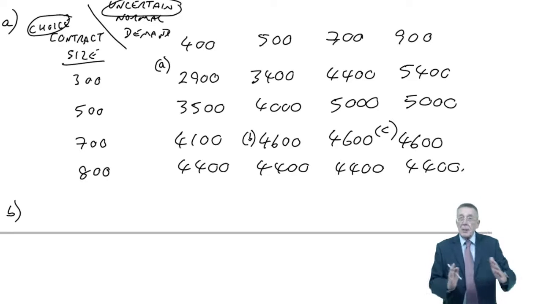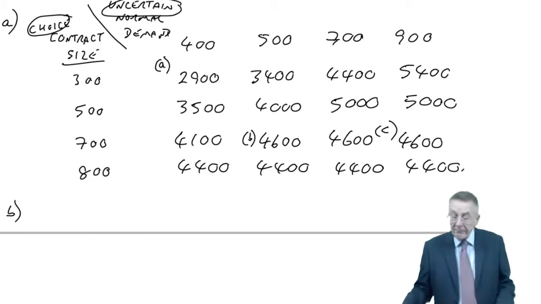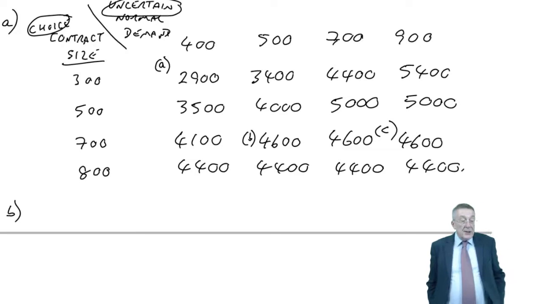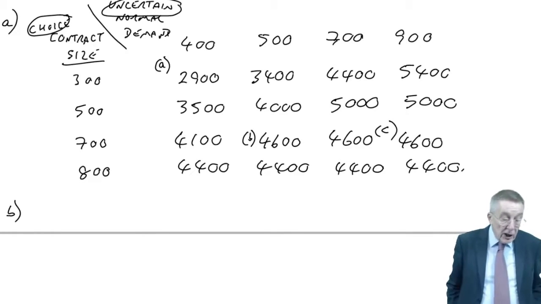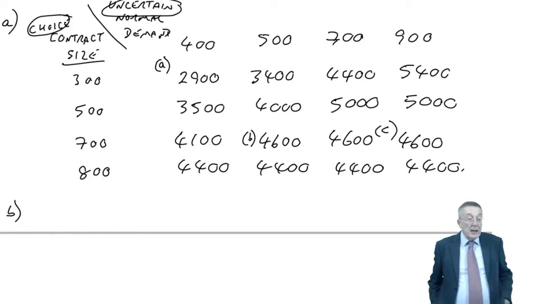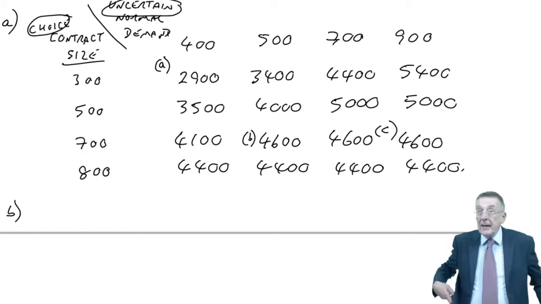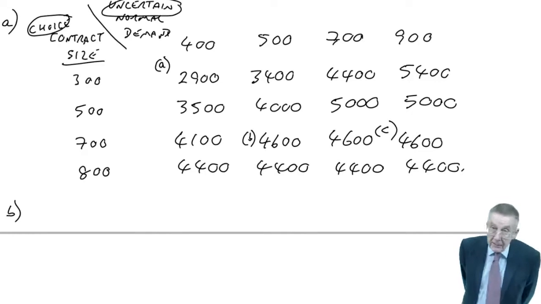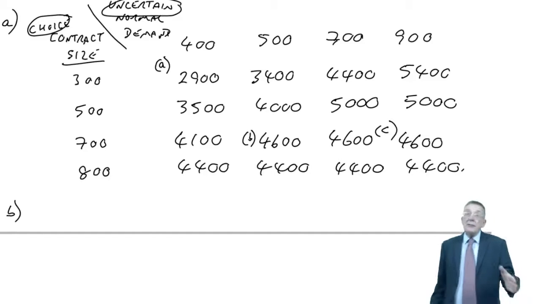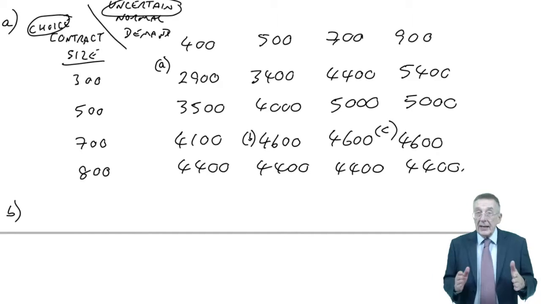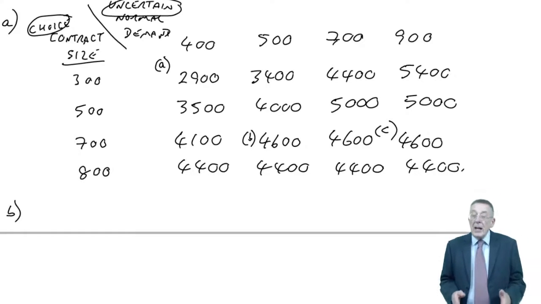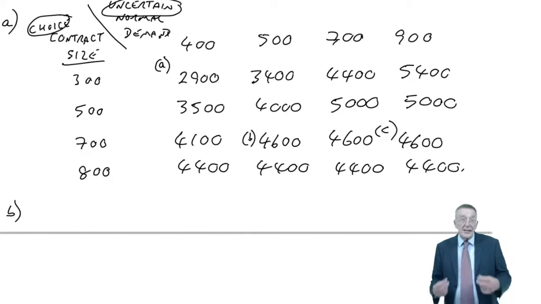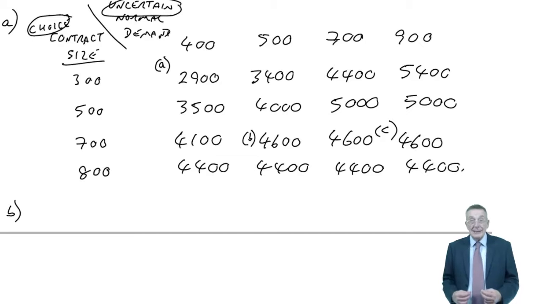Part B, though, is where we come to make decisions. I'll make a start here, but then, as I said, we are going to pause. I don't want that to be too long. Part B is making decisions, and it says determine for what quantity John should sign the contract under each of the following criteria. And those four I've listed: expected value, Maximin, max regret. Those are the four that you need to learn for the exam. And you'll see as we go through that certainly at least two of them are very easy. It is just learning rules.